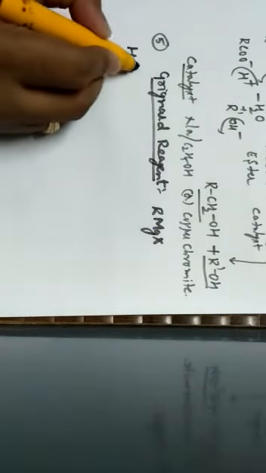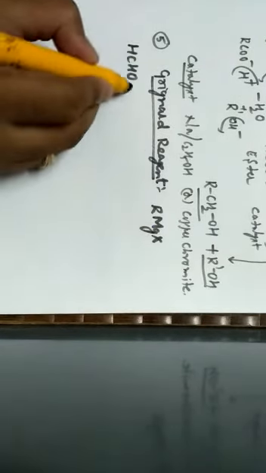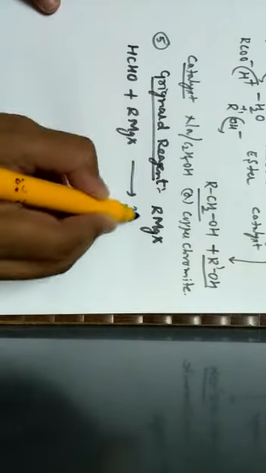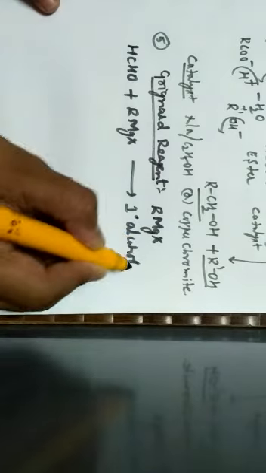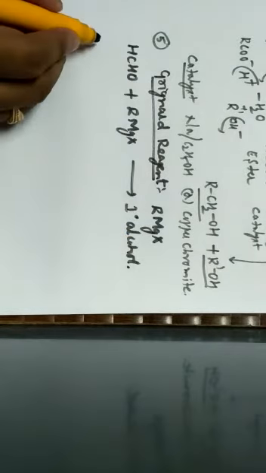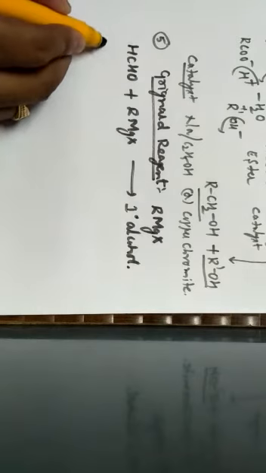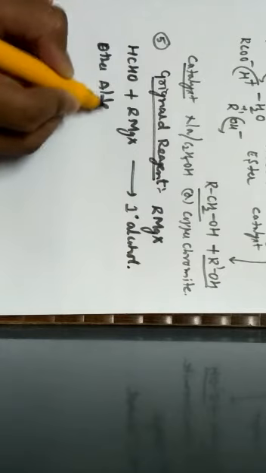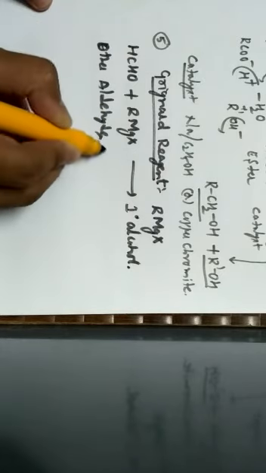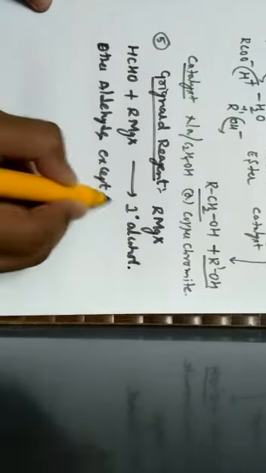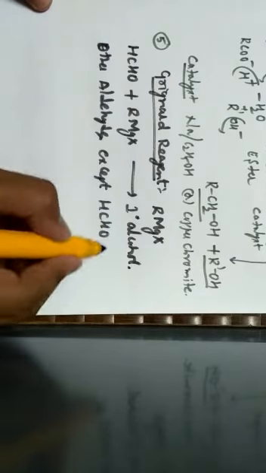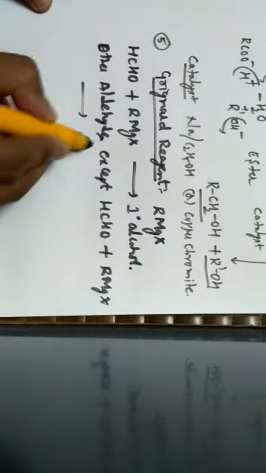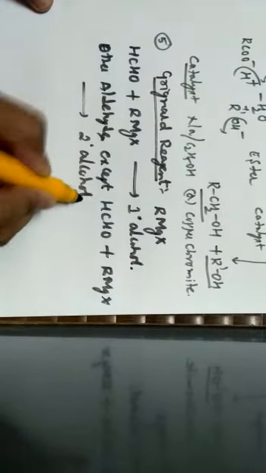So when formaldehyde, that is HCHO, is made to react with a Grignard reagent, we always get a 1 degree alcohol, that is a primary alcohol. In the same way, when we utilize other aldehydes, except formaldehyde, that is HCHO, when it is made to react with Grignard reagent, the product will always be a